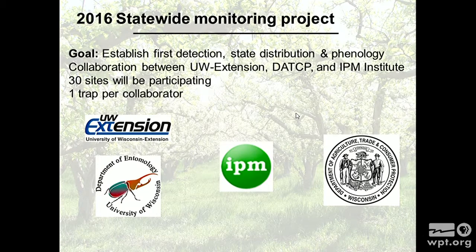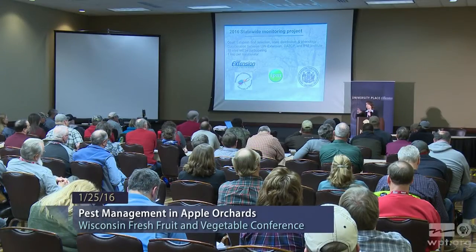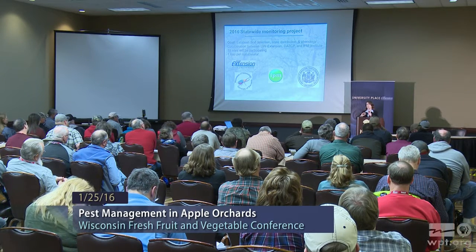So this year, Krista Hamilton from DATCP, Peter Wertz from IPM Institute, and I had multiple conversations. And what we think is that we've reached that level, as I mentioned, from Michigan, where the numbers are building up. We're still in urban areas where they're building up. We have zero reports, although there might be one today, but we'll have to confirm that. So far, we have zero reports in any agricultural crop, okay? Now is the time to really start monitoring in those agricultural crops and see what's going on. If there's going to be a year where it could start, it's going to be this coming year.